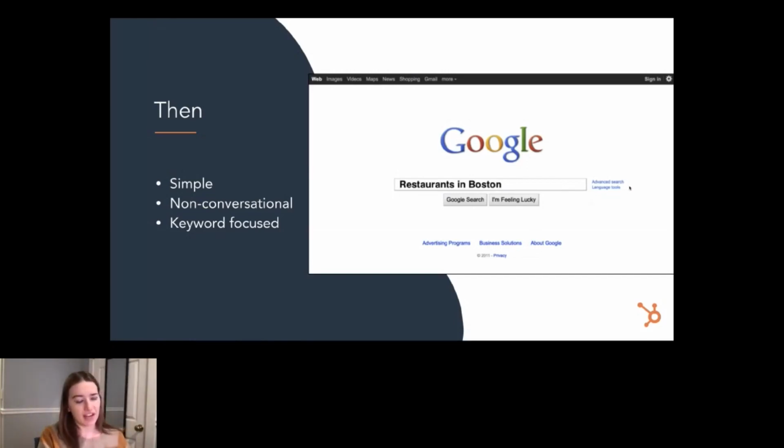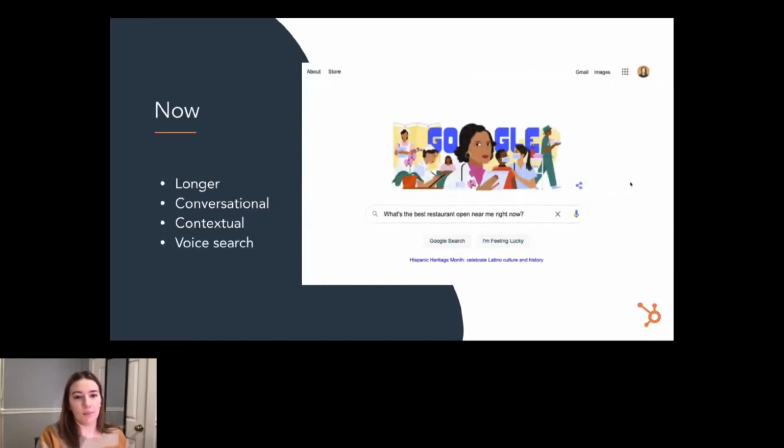But if we fast forward about 10 years to 2021, the way that you search for that is going to look a little bit different. You probably are grabbing your smartphone out of your pocket. Maybe you and your coworkers worked a bit late and you want to find a spot to grab dinner after work. The query that you're typing into Google now is more of a conversation with Google. Maybe it's even a question. It's probably longer and it has phrases like what or why. You expect Google to know where you are and say near me without even telling them where you are. And there's even a chance that you don't type at all. With the rise of voice search, you may just be speaking the command into your phone directly.